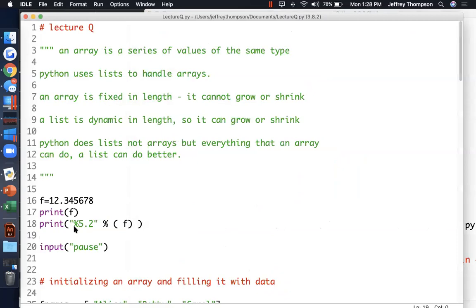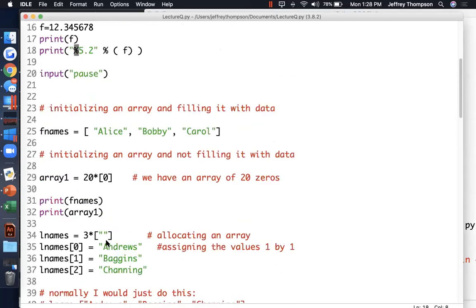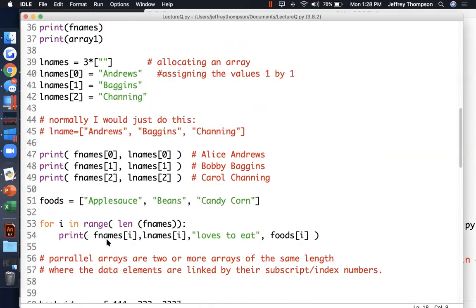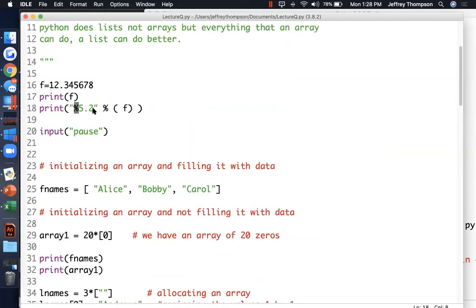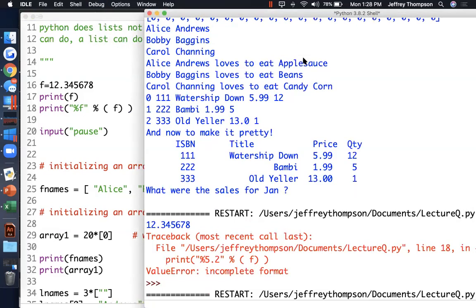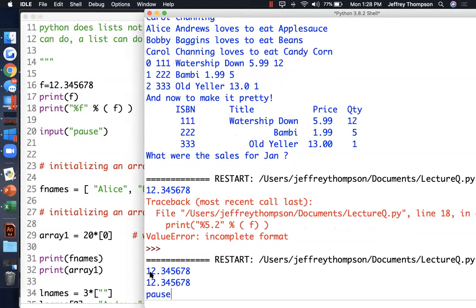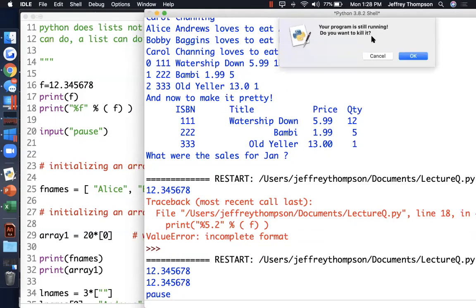Indeed it is, because when I added my percent signs down here, I needed to put a letter to indicate what kind of data it is. And this is a floating point value, so I need to put an F. The simplest version of it is just that, right? Print out percent F, but then it's not going to be limited to two decimal places, right? So I'm going to add that stuff in